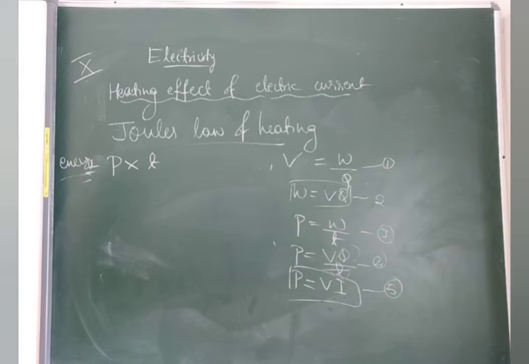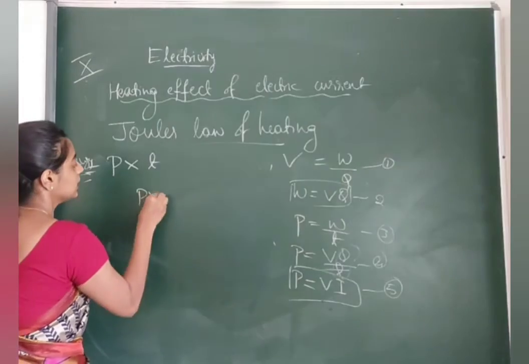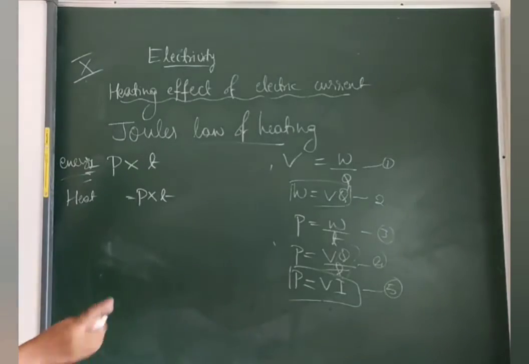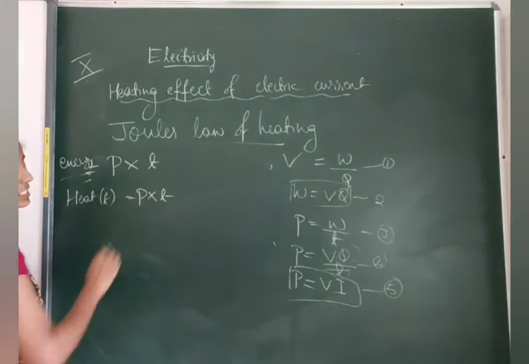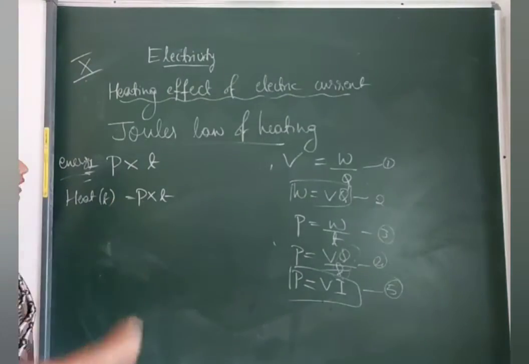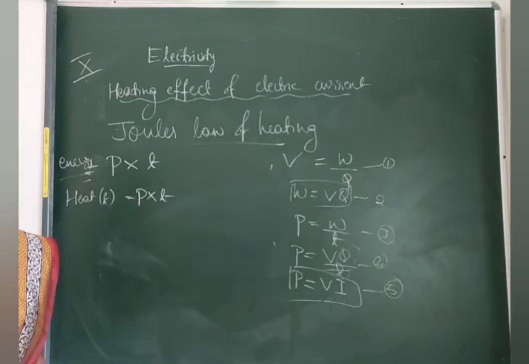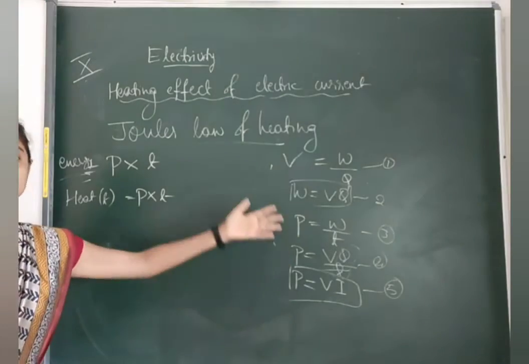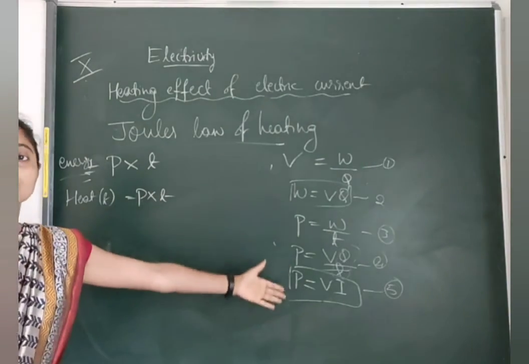And here we need to remember that this is same as heat produced in the resistor. I'll repeat once again. Heat produced in any particular time is also called as P into T. So heat produced in a circuit in a particular time is also taken as P into T, and energy supplied by the source will also be taken with the formula P into T. You will understand this once we solve the numerical problems, because all these formulas will be used there. So we need to analyze the question to select the equation.